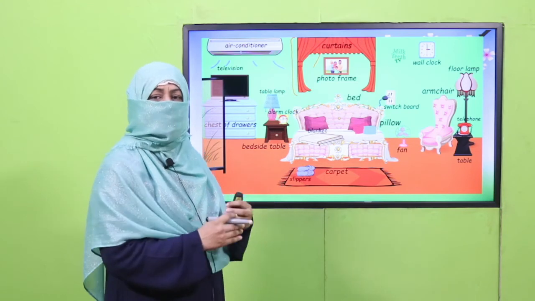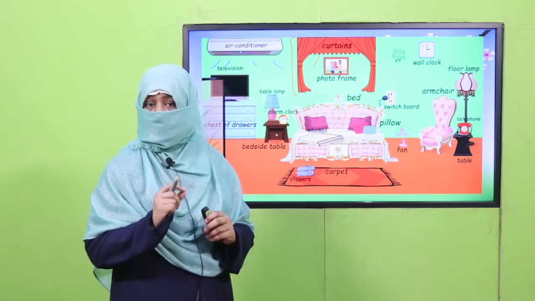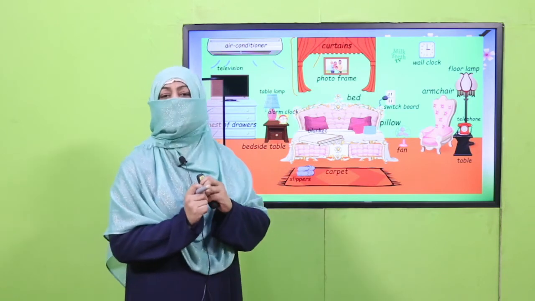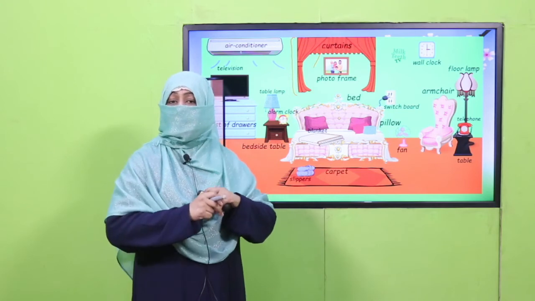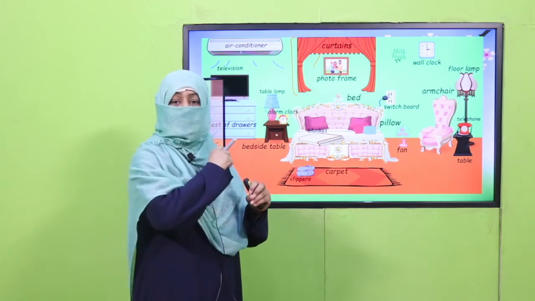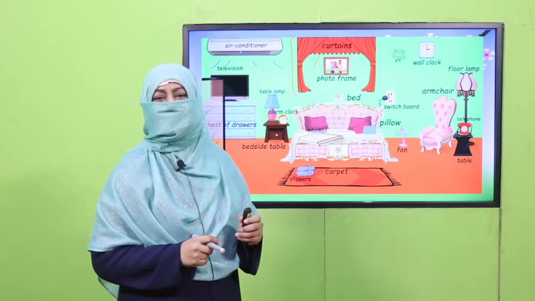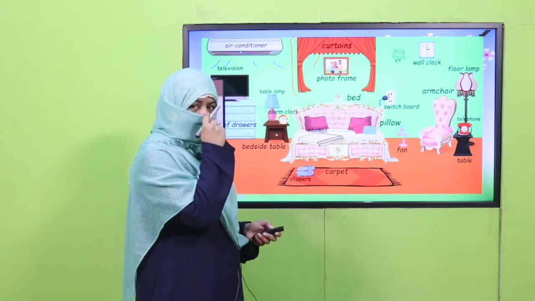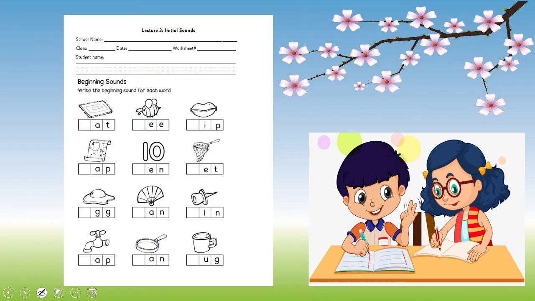Okay, you need supervision for this activity, and I have suggested 10 objects, but when you start it, it is such an interesting activity that you may name every object of your room. Keep doing it. You are going to love it. It's interesting, right? And with this, I have given you an additional worksheet.